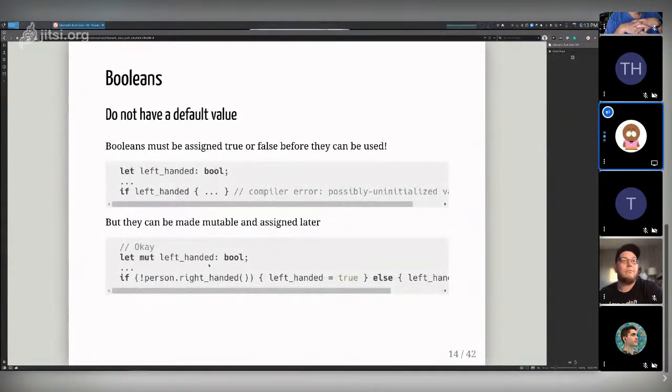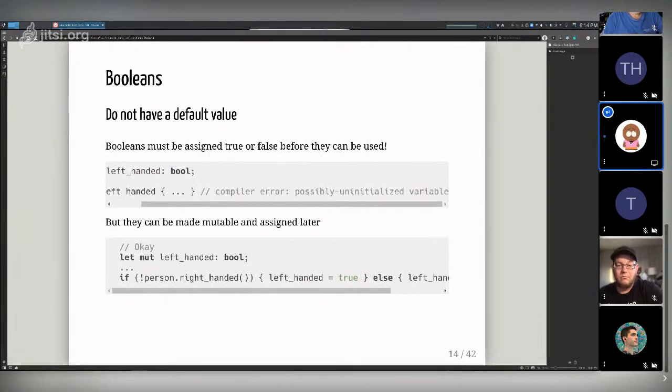This is a thing that is maybe a little bit different from other languages like Go, right? Booleans don't have a default value. They must be assigned true or false before they can be used. Even though Rust will allow you to declare the left-handed bool without giving it a value, if you try to use it, it'll give a compile error for a possibly uninitialized variable.